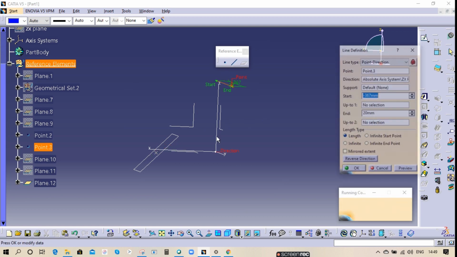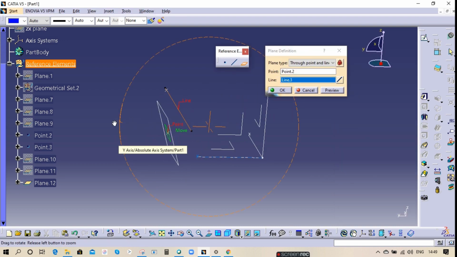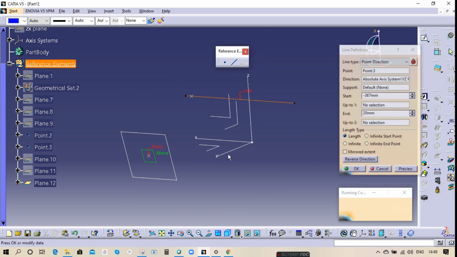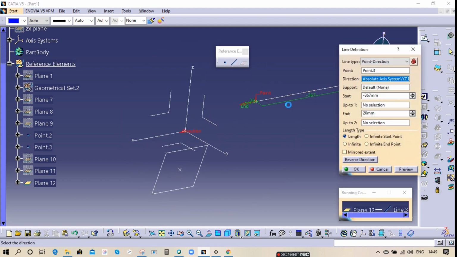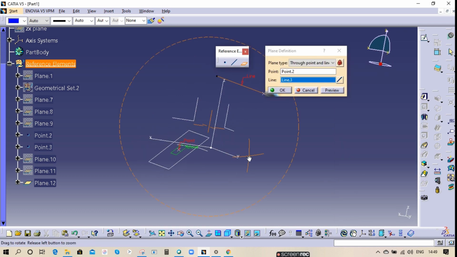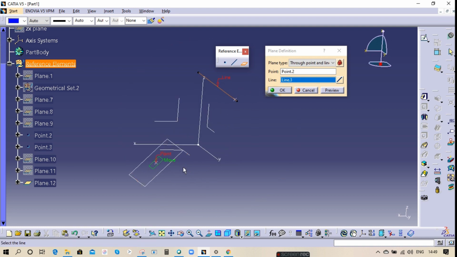If you change the direction of your line this way, our plane is also will move in that angle. If I change my direction again, to this side, my plane is gonna change in this side. So based on this line and the point, this plane is gonna be created.